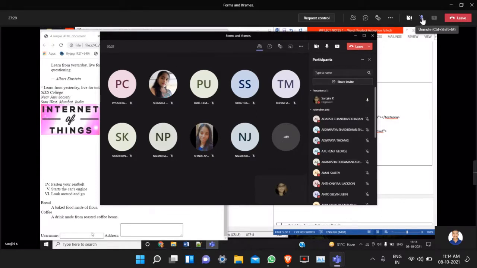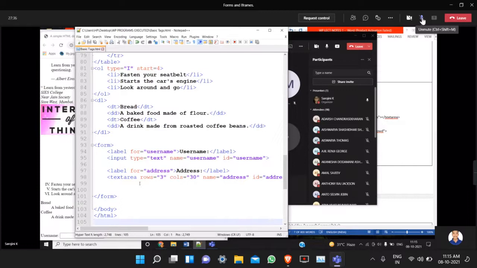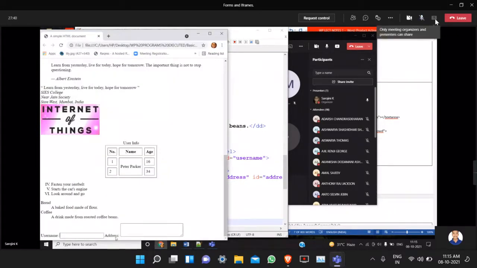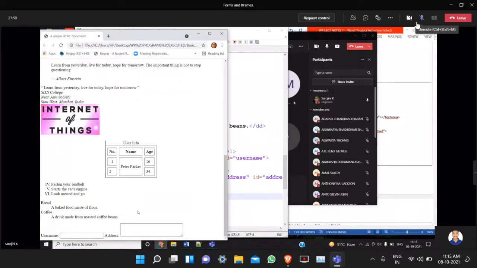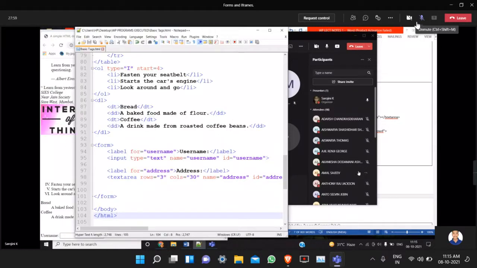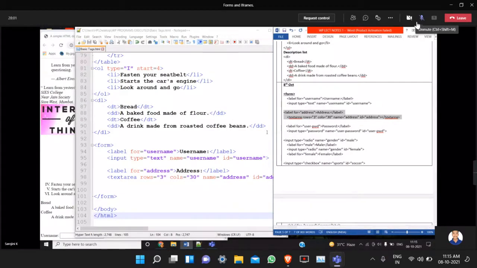For example, now I have written the username and the text box code, right? Now if I give a break here, because where you want to break, this address should come in the next line. So before writing the code of the address, I have to give the BR tag. Then automatically this control will come to the next line. Like that also I can do. But the efficient and easy way I will show you after I have executed all the form elements.